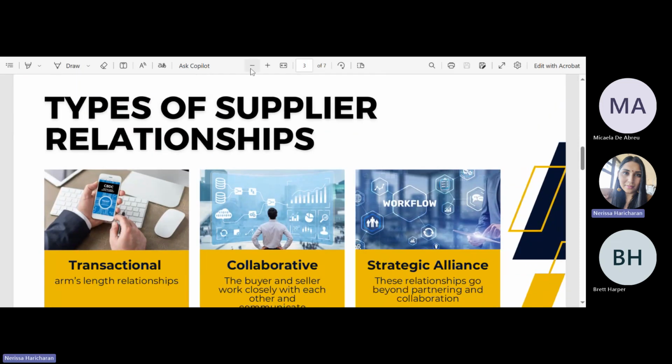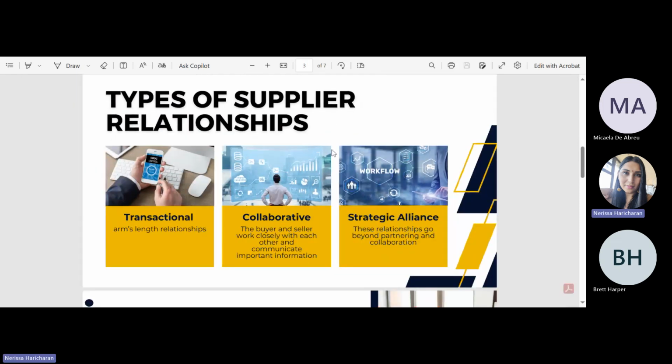Then we're going on into different types of supplier relationships. So the first relationship is what we call a transactional relationship. And these relationships are basically formed within any industry. So I'm in the logistics industry, and this is how we base from a commercial aspect the relationship that customer relationship managers have with the customer.